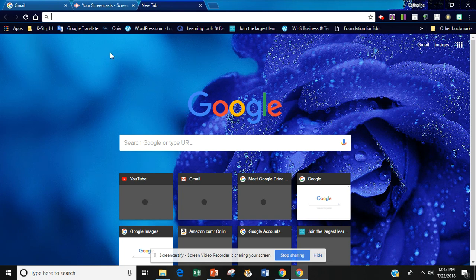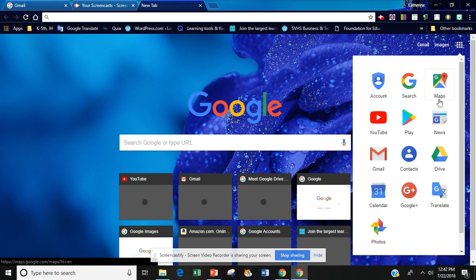All right, so the first thing we need to do is we're in Google Chrome. If you are used to using Internet Explorer, you will probably have to use Google Chrome to get to your drive. Internet Explorer is really not compatible to Google Drive. So to open up our Google Drive, we're going to go to the far right side. We're going to click on the Google Apps, which are those nine dots, and we're going to go down until we find Drive. The Drive is the triangle that has the green, blue, and gold. We're going to select that,